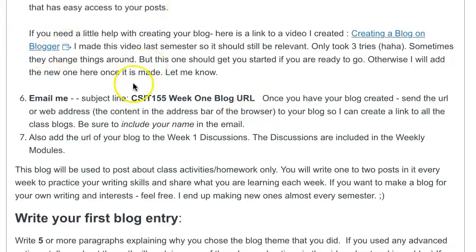Your URL is going to have all that information that you put in. If you put one in that has Blogger, this to this to this, super long one, it might not be the right URL, but send it to me and I make a big list of links, and that way as we progress through the semester you can click on it. You'll be in groups on there. Those groups change, but we'll get to that later. Anyway, you can add your URL to that week 1 discussion thing that I showed you up above.